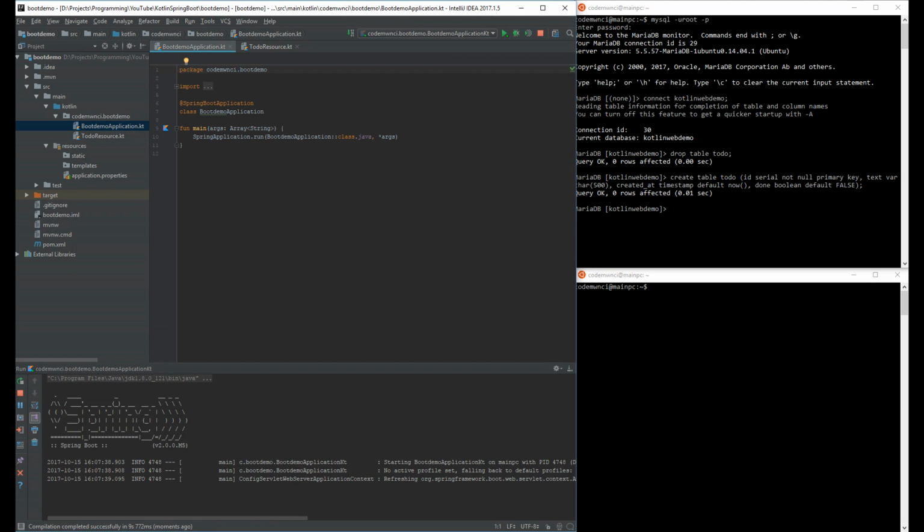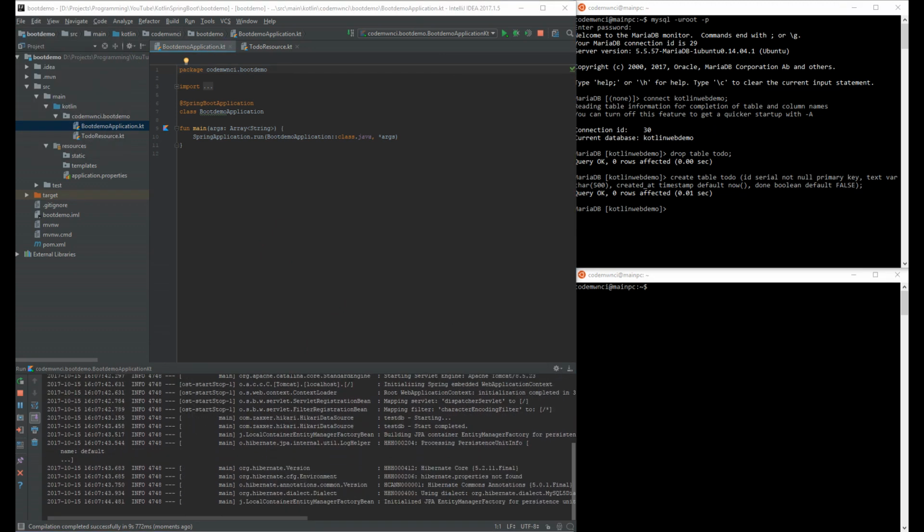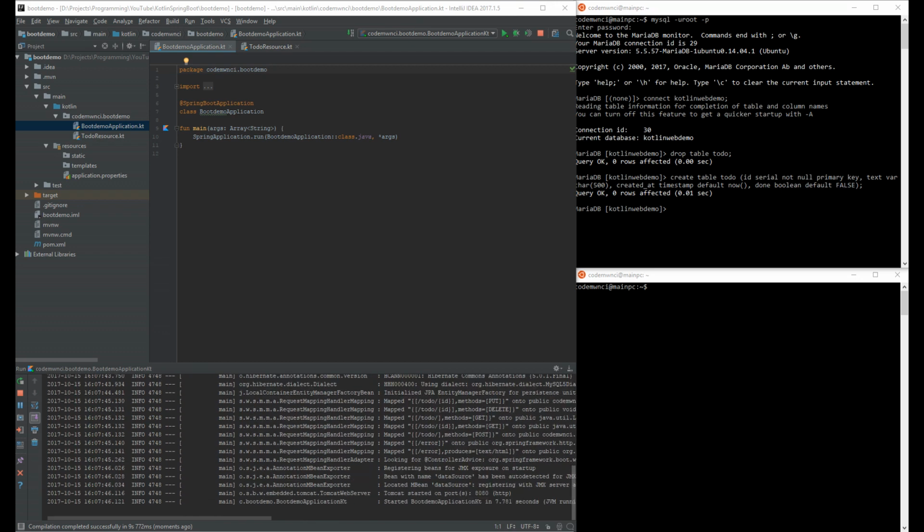Okay, so we're up and running. First of all, let's just check that the database is empty. We can do that here and select star from to-do. And as you see, we've got an empty set. And I can confirm that by also going to localhost port 8080